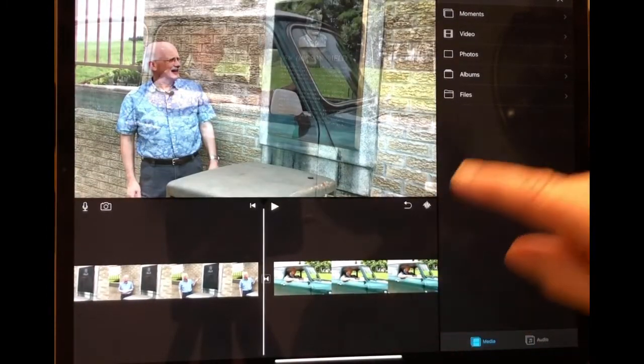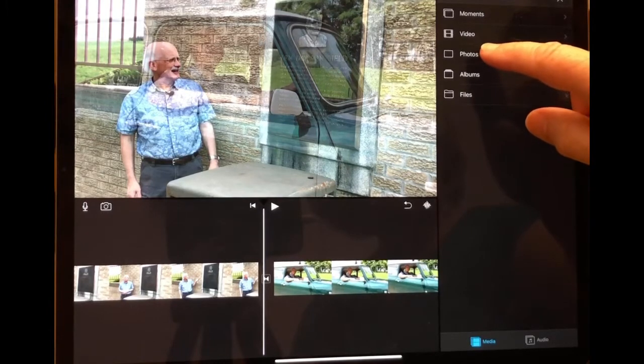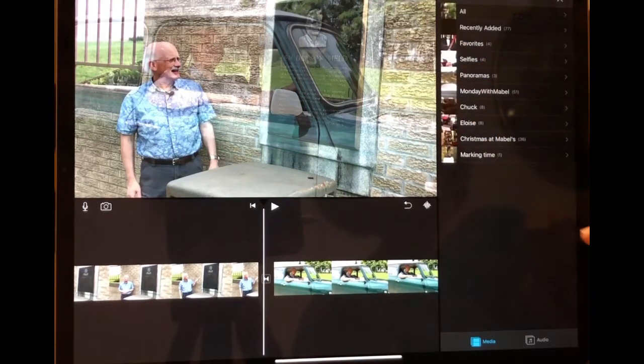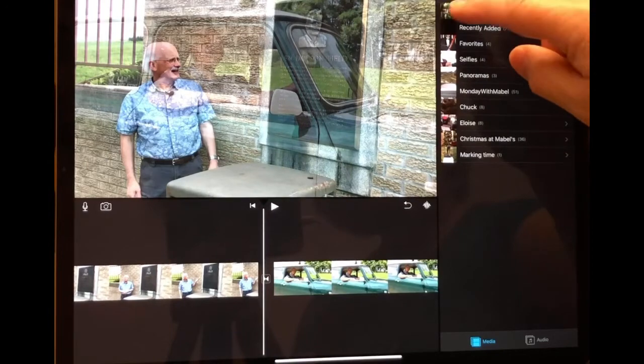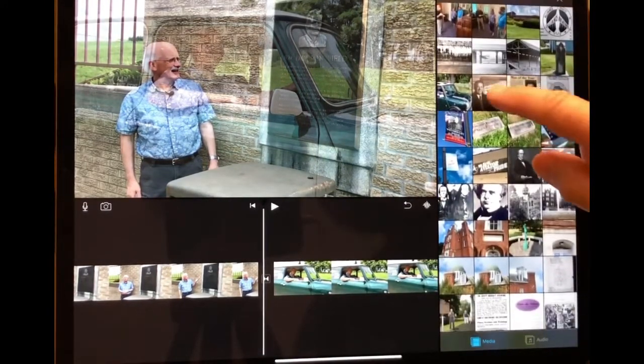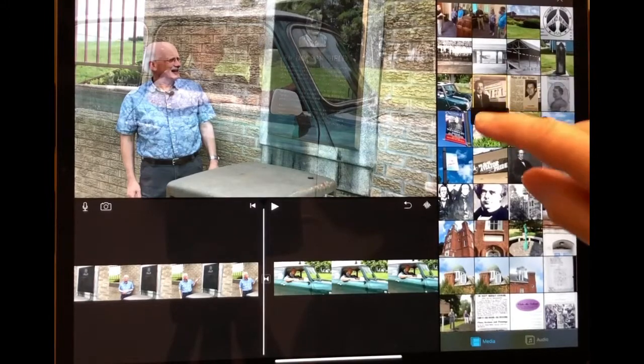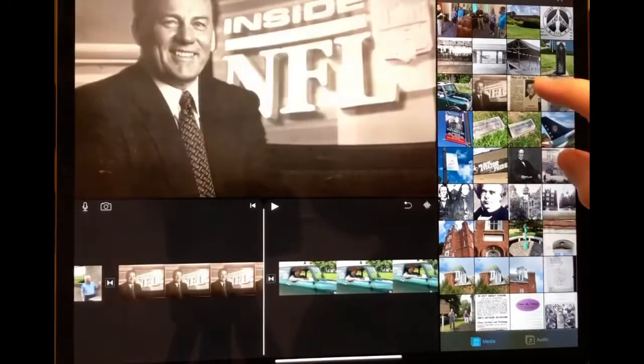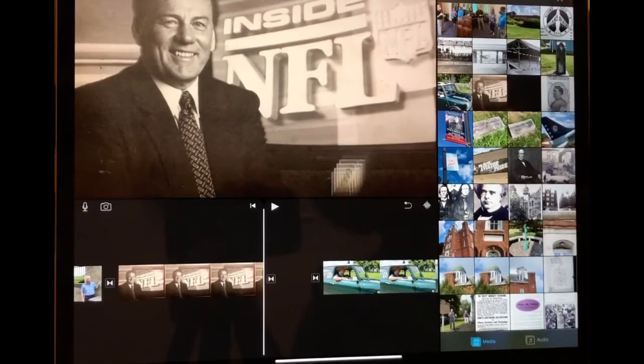And then I want to add some more pictures, so I'm going to click on photo and choose the all option here. And then I'm going to find some pictures about Len Dawson, because it's Len Dawson Field, and I'm going to just drop those in,